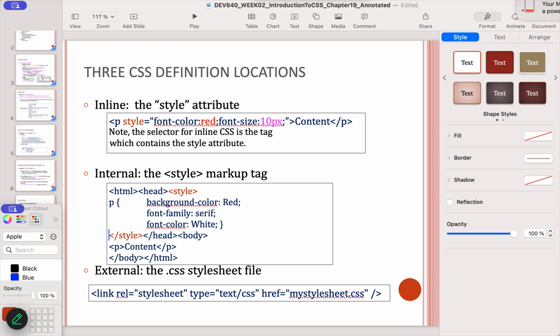This is in the head of the HTML file. The rest of the contents here is not affected by the style sheet. And then